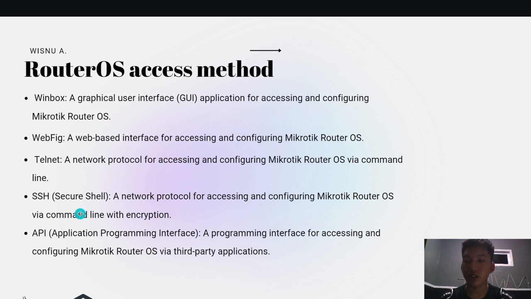And SSH, Secure Shell, a network protocol for accessing and configuring MikroTik OS via command line with encryption. And then API, Application Programming Interface, a programming interface for accessing and configuring MikroTik OS via third-party applications.